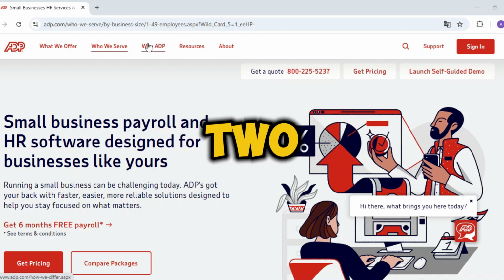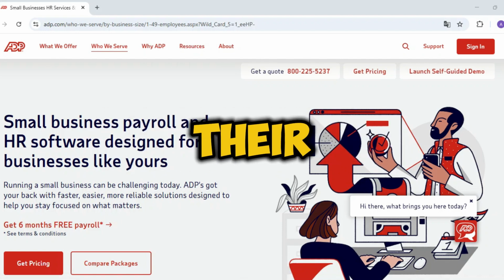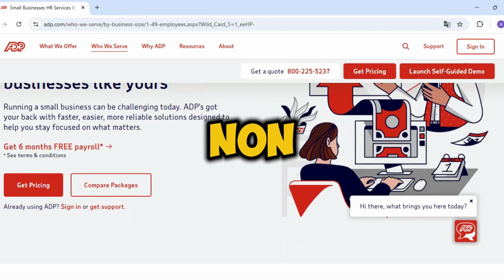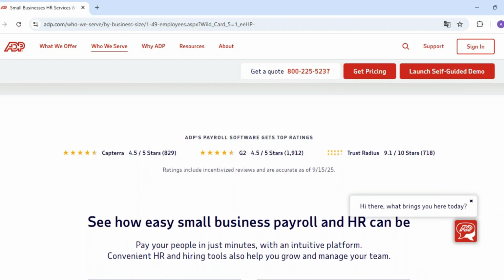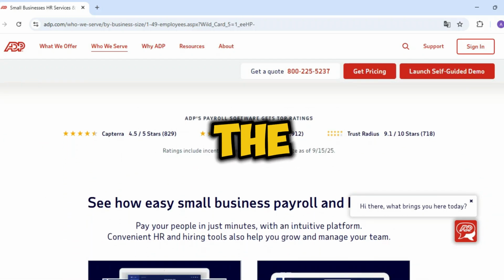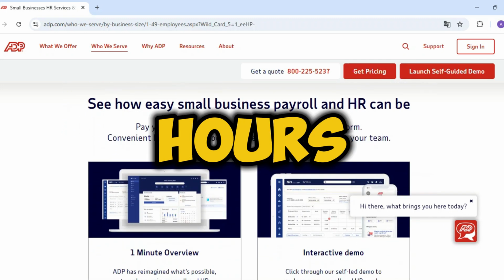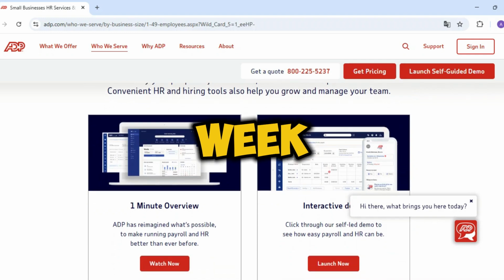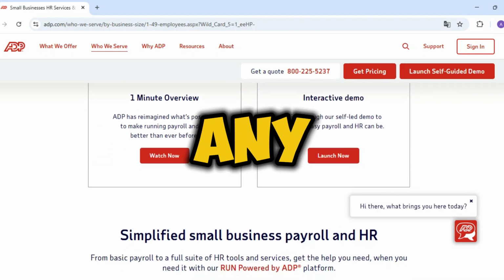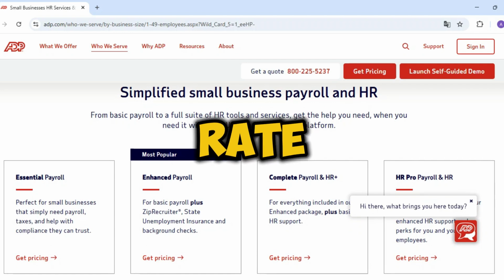The setup is in two places. First, in the employee's profile, you set their FLSA status, usually non-exempt for hourly workers eligible for overtime. Second, in the company pay policies, you define the work week, example Sunday to Saturday, and the overtime threshold, hours over 40 in that work week. ADP will then automatically flag any hours entered over that threshold as overtime and apply the 1.5x rate, or other